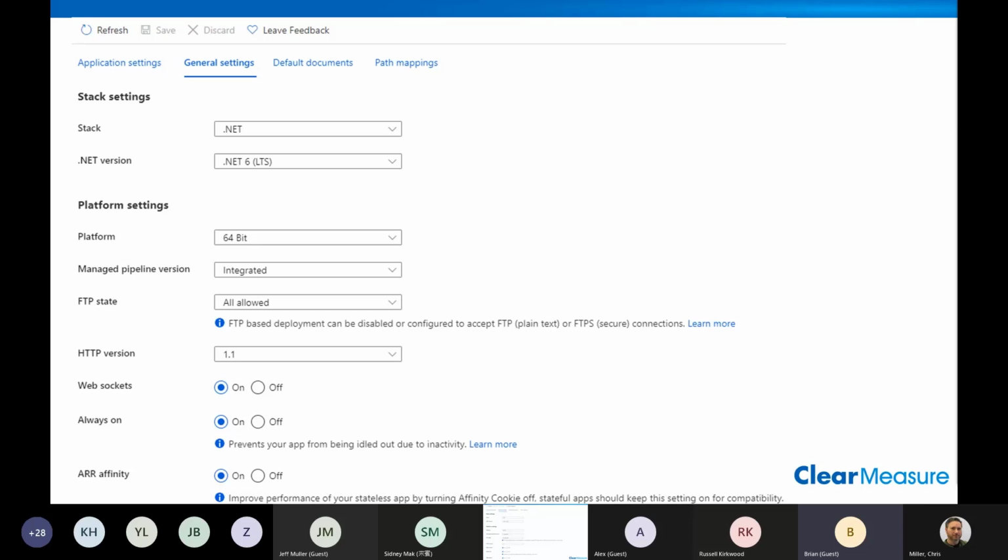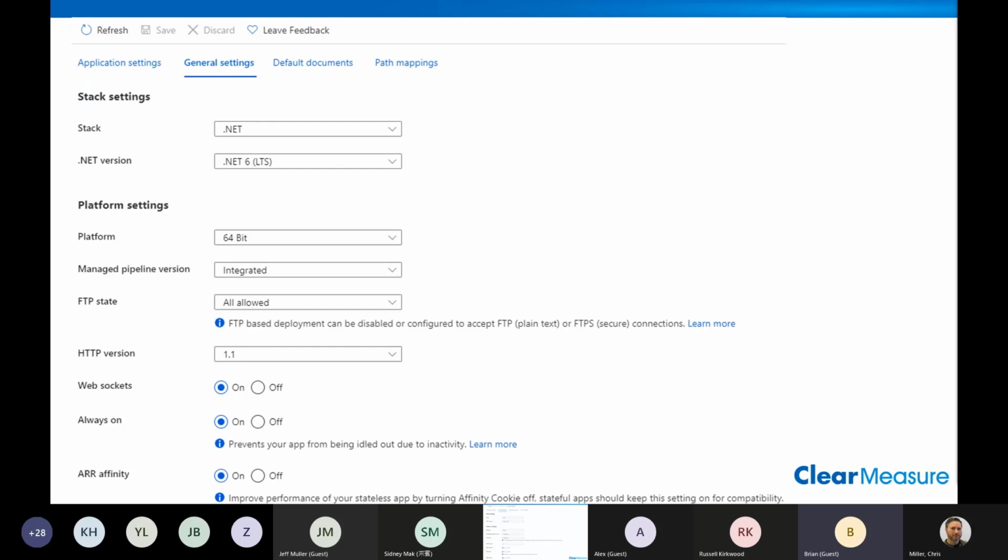64-bit is the next one. You want to make sure that you're using 64-bit. So many people forget this. Why? Because you start the first environment on the free tier in Azure, and the free tier doesn't support 64-bit. It's 32-bit by default. So then you upsize your instance type, and if you don't come back in and change the platform, well, now you may have 8, 16 gigs of RAM on your server instance, but you can't get more than 2 because you're still on the 32-bit setting.